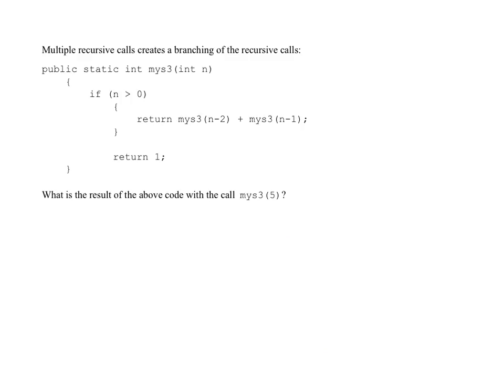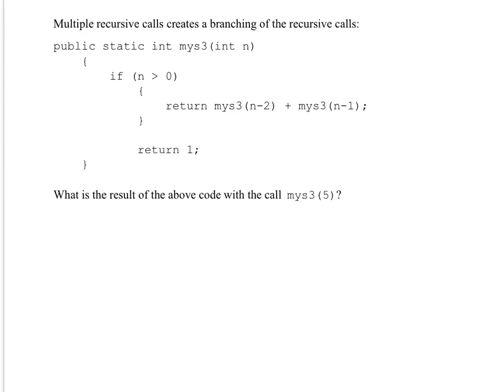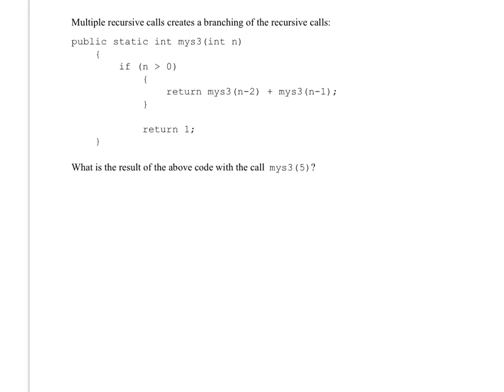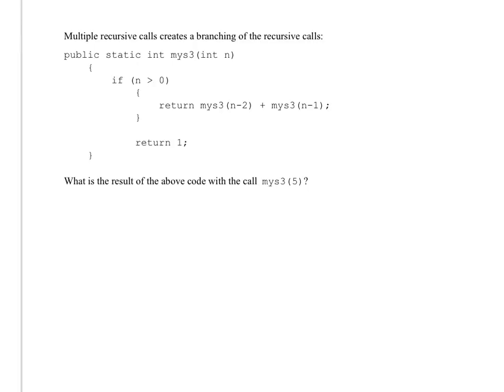Okay, finally this last one is a little more complex, I guess you could say, because it has 2 calls in it. It calls mystery 3 here and here in one call, so it's recursing twice. Now this is where recursion is most useful if you're actually going to create code. I would avoid it in my world, but